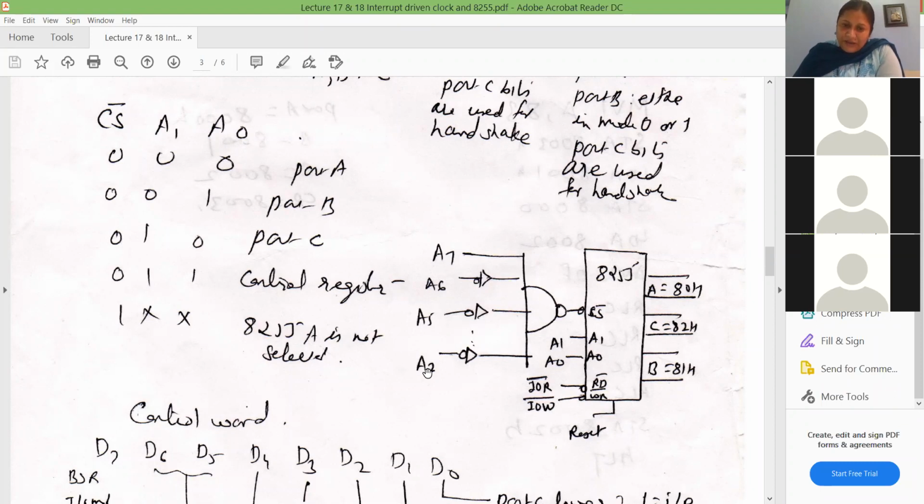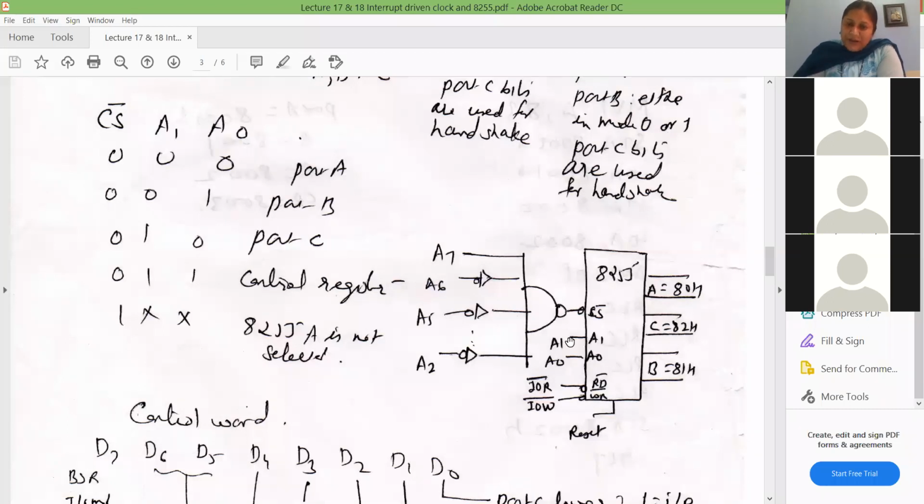So A2, A3, A4, A5 and A6 must compulsorily be 0. Only then will it be 1 over here, and then the NAND gate's inputs till this will be 1, 1, 1, 1, 1. And A7 should be what, 1 or 0, to get 1 over here? 1. So what will be the combination? A7 is 1, the rest are all 0, and A0, A1, let's say, is the 0, 0 combination. So what will the byte form be? This will be 80.